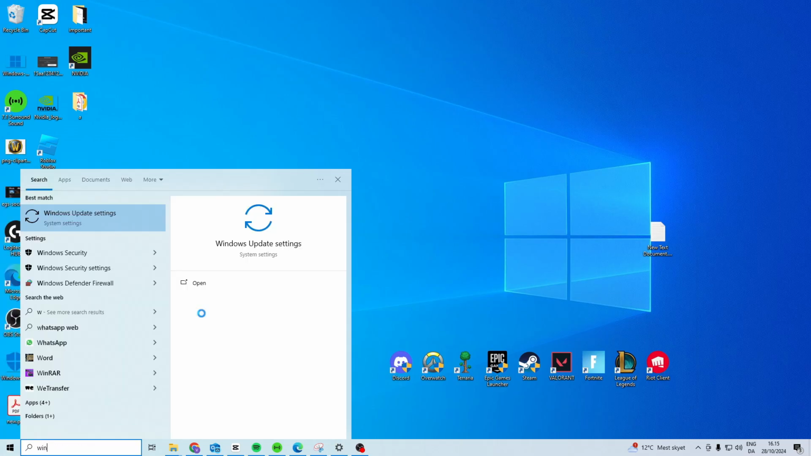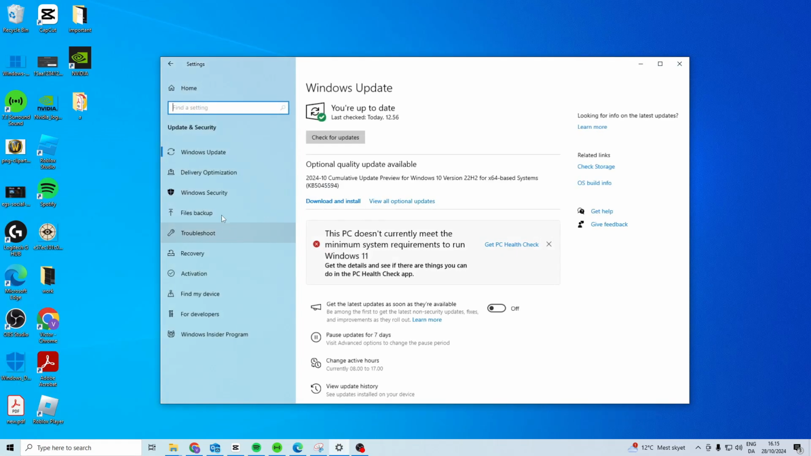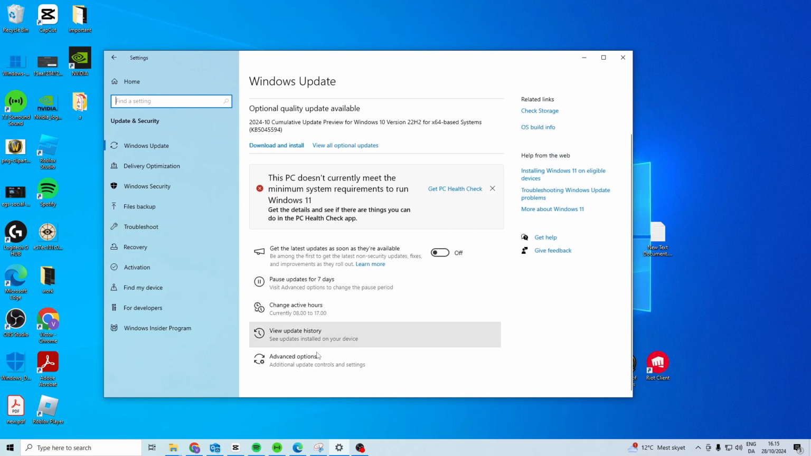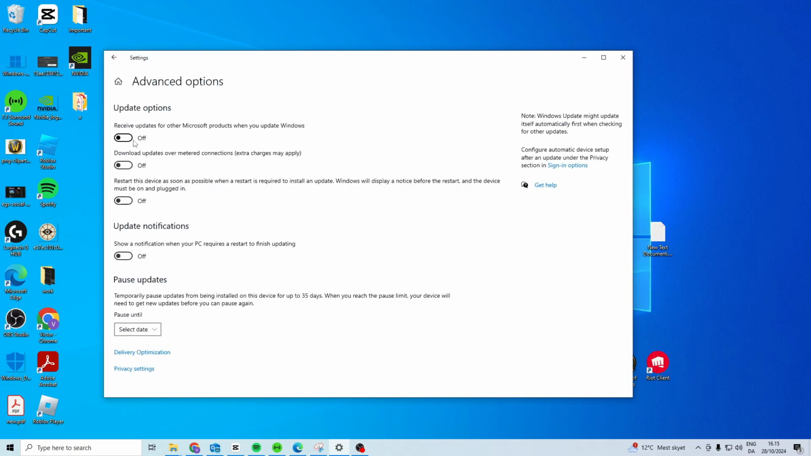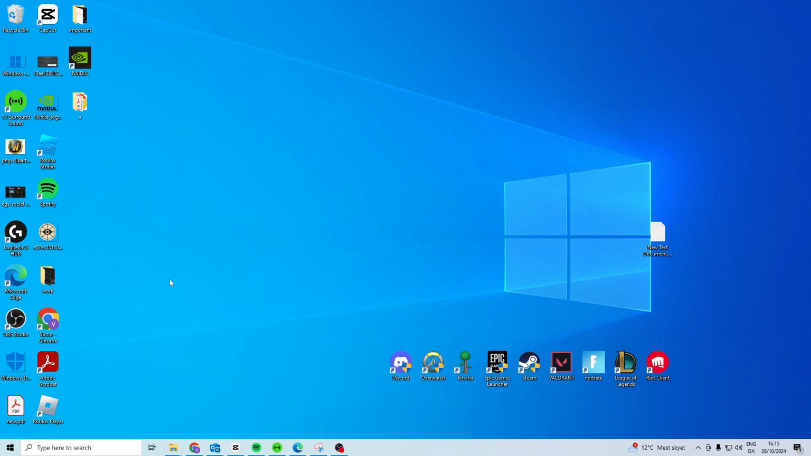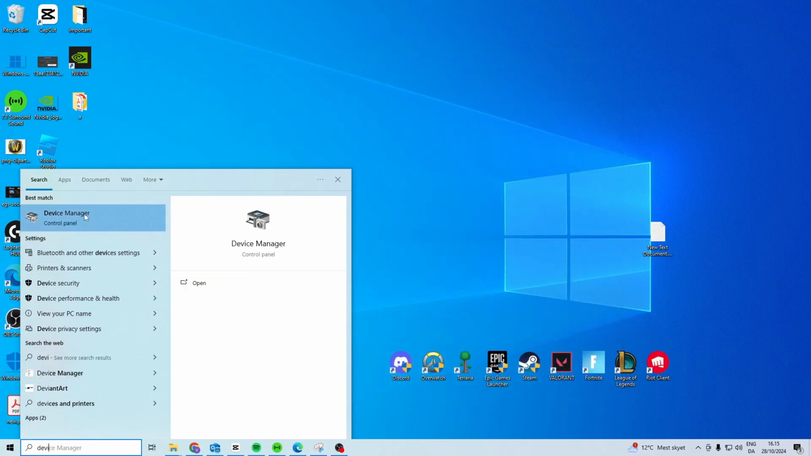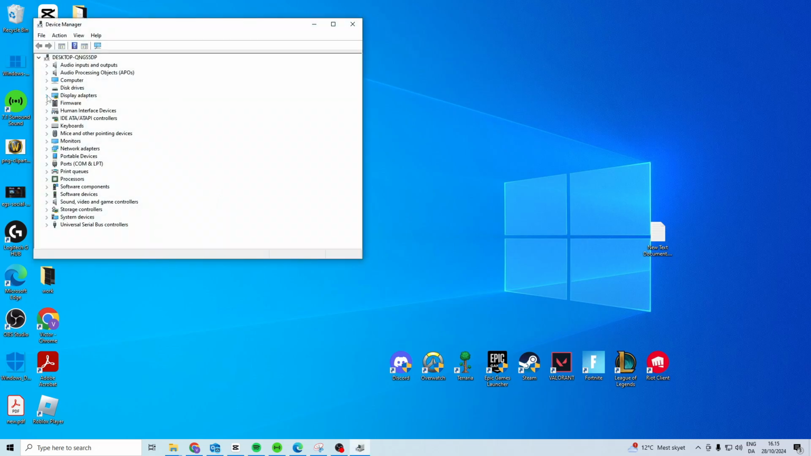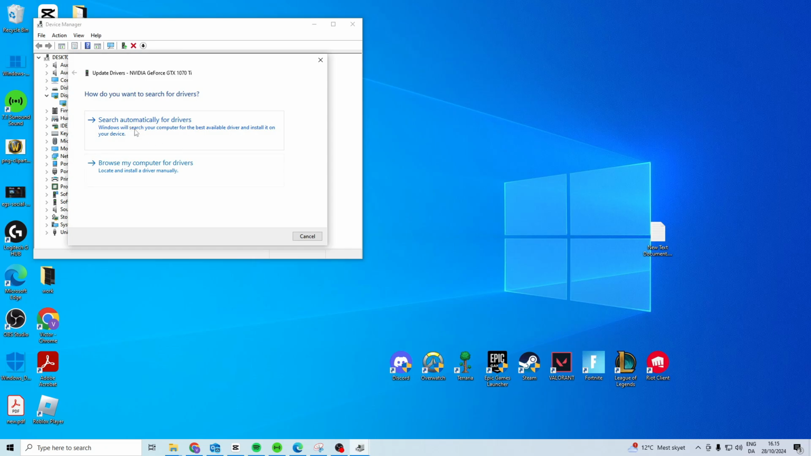over to Windows. Search for Windows Update. In here, you want to scroll down and find Advanced Options. Enable this one. Come back and check for updates. Once that is done, you can close this one down, and then you can search for Device Manager. Open up Device Manager, head to Display Adapters, right click on it, update driver, and search automatically